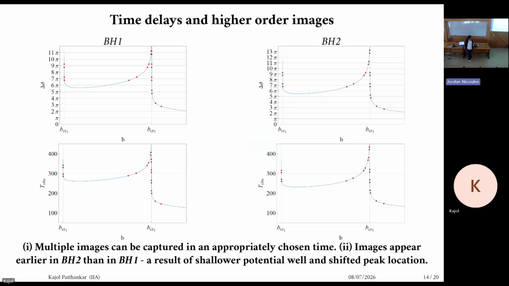I haven't calculated the orders, so I can't comment on that. But I hope that it depends on the black hole's mass. The thing is, here I have chosen some A, B, C values. Those are the black hole's parameters, so that's what defines a black hole. So depending on what they are, I will have a different potential, and then everything changes. So till now we just know the mass of two black holes, so I don't know how to fix the rest of the parameters and then comment on that. I guess the generic point is, can you make the difference between the simultaneous ones and the non-simultaneous ones? Even if it requires one source giving a flash rate, which is already